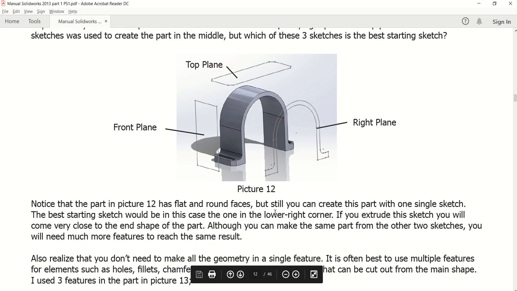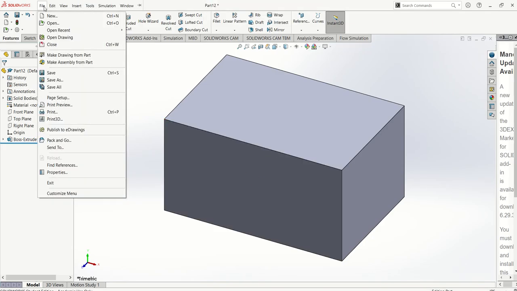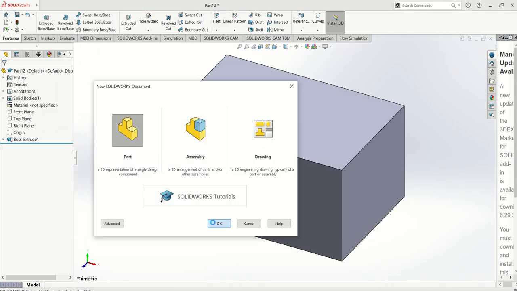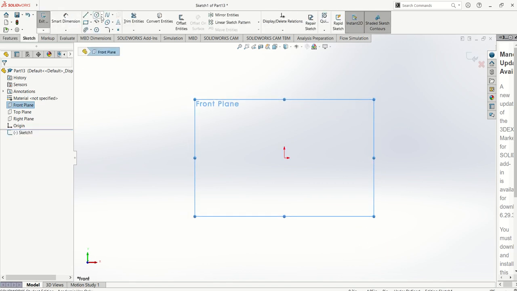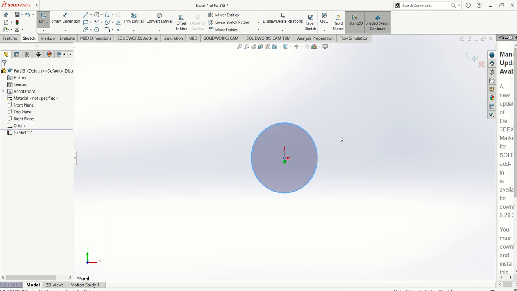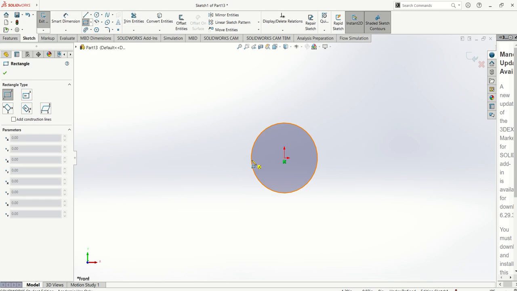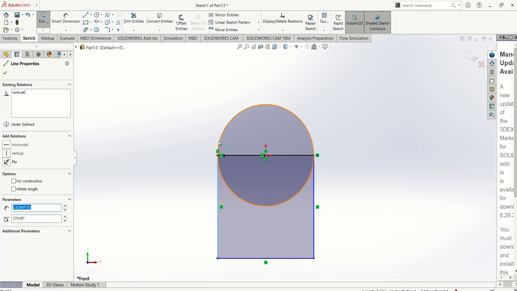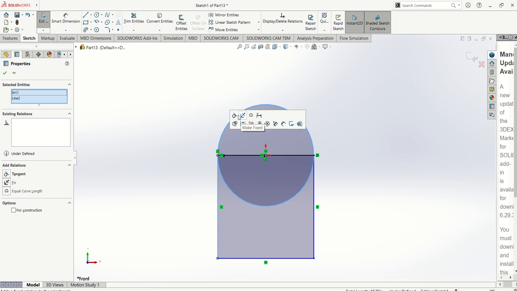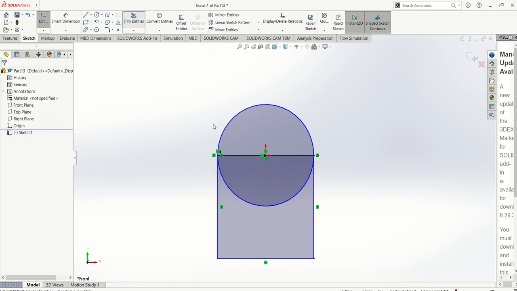So if you want to sketch that one, just create a new sketch, then select the front plane, then just make a circle here, a rectangle, then Control tangent. Use Control on the keyboard to make relations. So make a tangent, then as discussed before,